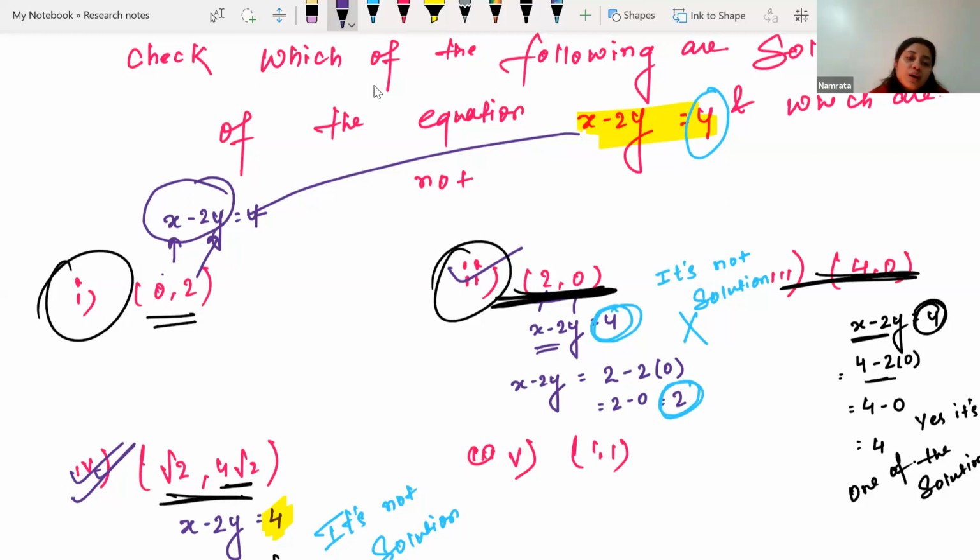So our equation is x minus 2y is equal to 4. Here, left hand side only I am going to take, that is x minus 2y. Here I will put x value, that is 0, given in the question, and y value, that is 2, given in the question, and we will be doing the calculation. After doing the calculation, we will get here minus 4. We wanted to get 4, which was there in the equation, and we got minus 4. So we can say no, it's not